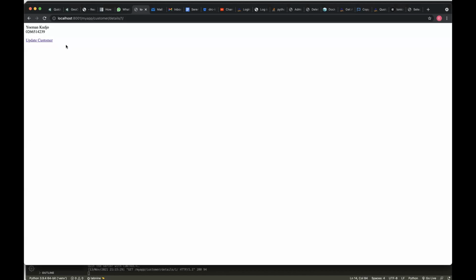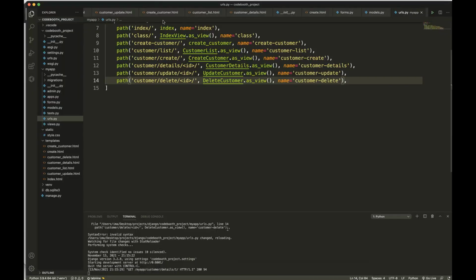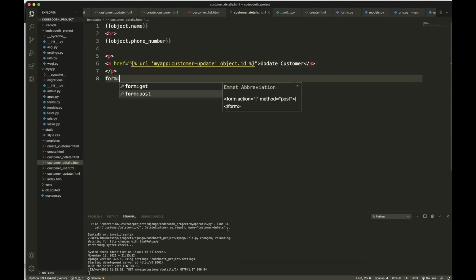We can put the delete button here beside the customer, and then we'll see how it goes. Standard. Right. So form post